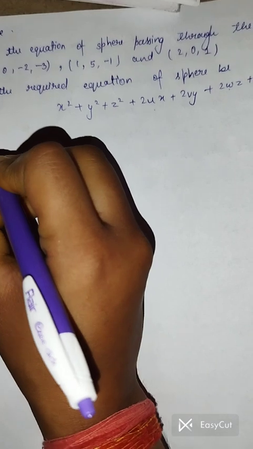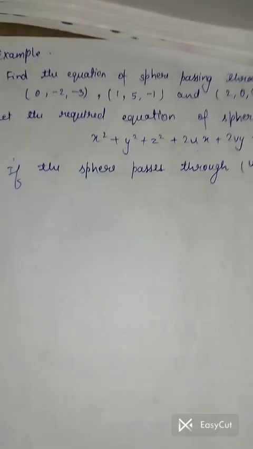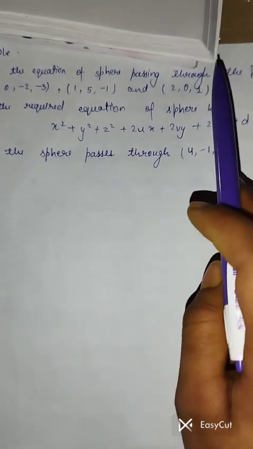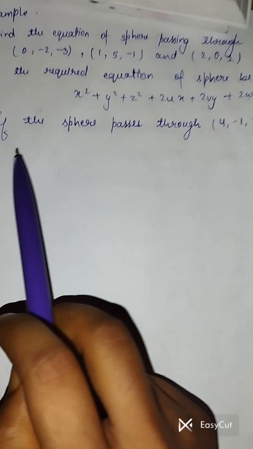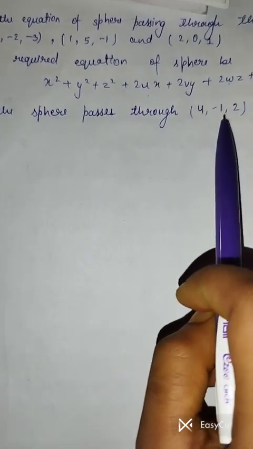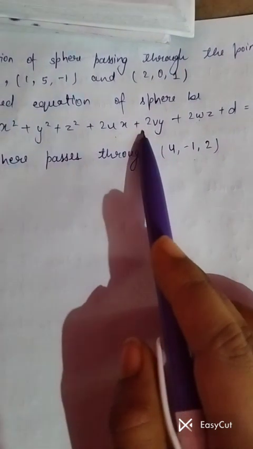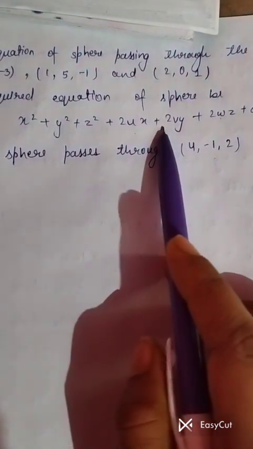Therefore, firstly we have taken the first point, that if the sphere passes through this point, then it will satisfy the condition of the general equation of the sphere. Therefore